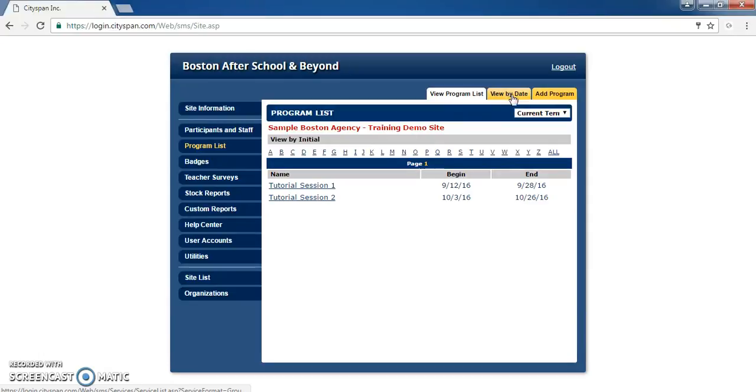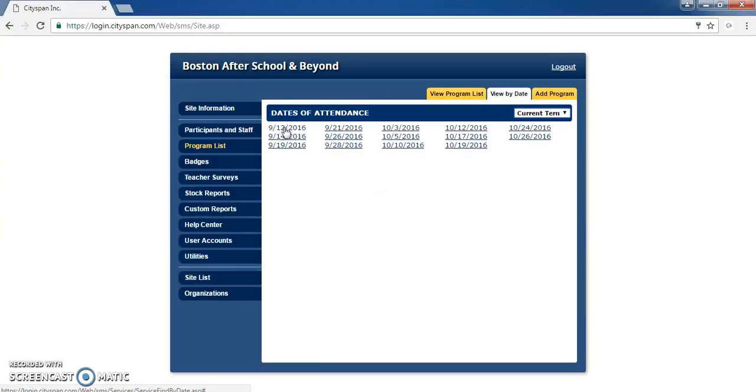If you go up into View by Date, which is in the upper right of your program list, going into here, you will see a list of all of the dates that you have scheduled programming on. So this might include last year's and this year's, but you'll have all of the specific dates listed here. So that when you click into